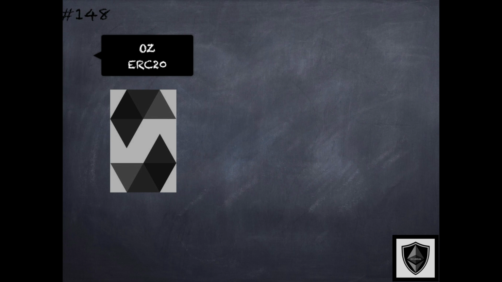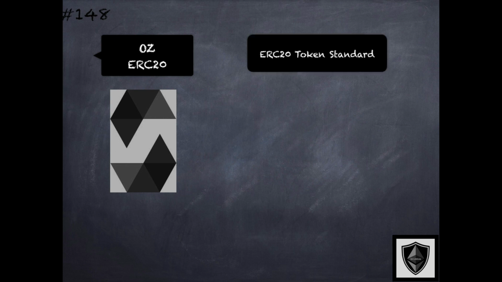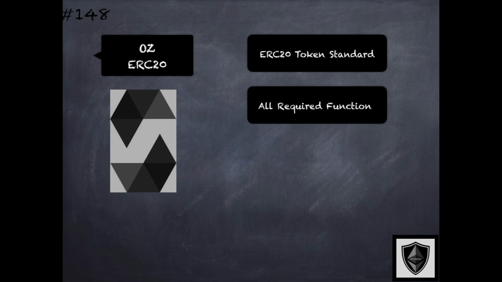Let's start with the OpenZeppelin library that implements the ERC20 token standard. This is perhaps the most popular, widely used, commonly seen token standard that you would encounter as a developer or as a smart contract security auditor. This library implements all the required functions specified by the token standard. It implements the name, symbol, decimals. There is the total supply that returns the amount of tokens in existence so far, the balanceOf function that returns the amount of tokens owned by specific accounts,